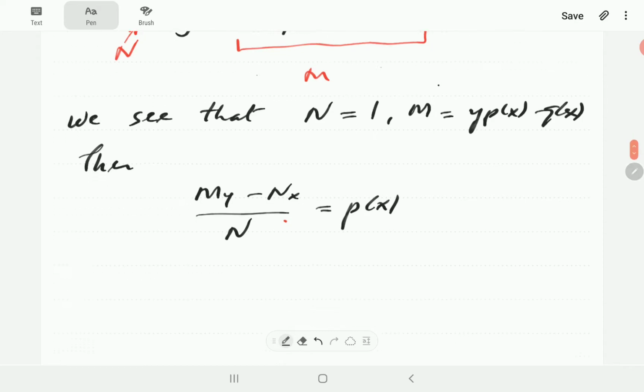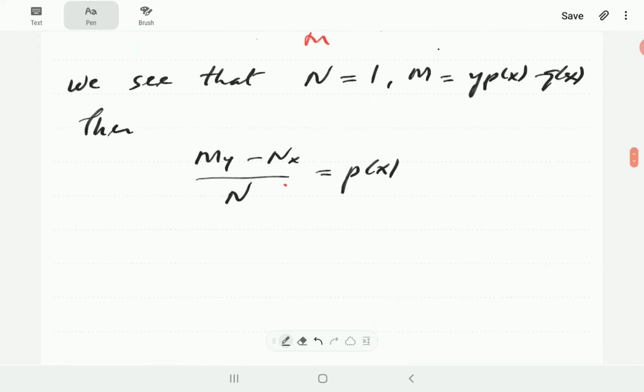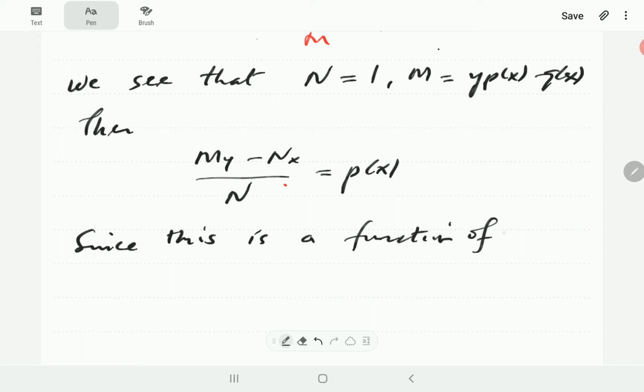Okay, so if you check our video on integrating factors 1, then you will notice that we established there that since this is a function of x only,